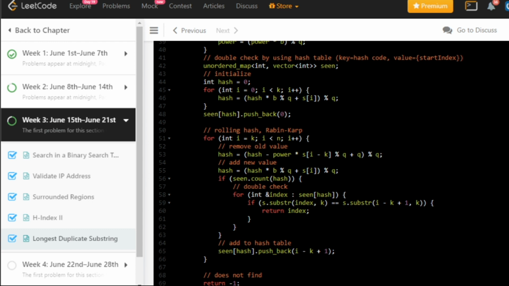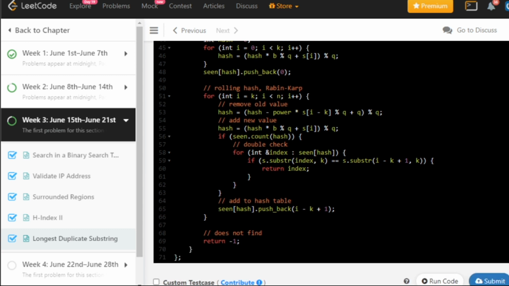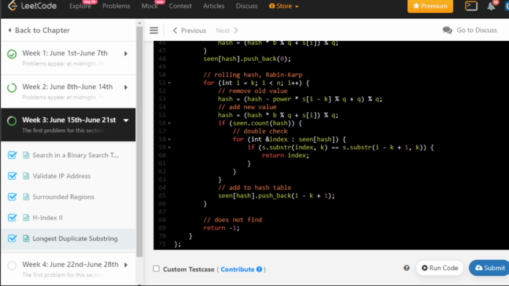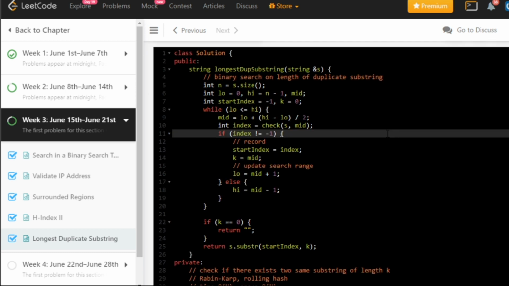So we are generating the hash code, then pushing it into our seen map. Then if it is not equal, we roll forward, and again cross-check. If the substring is equal, then return the index, else we return -1. So that's the reason we were checking whether the index is -1 or not.